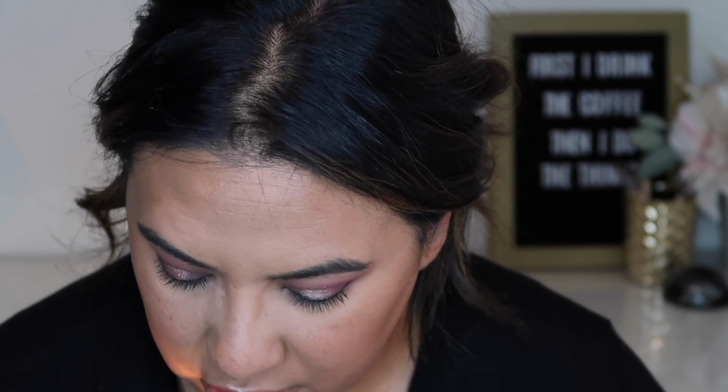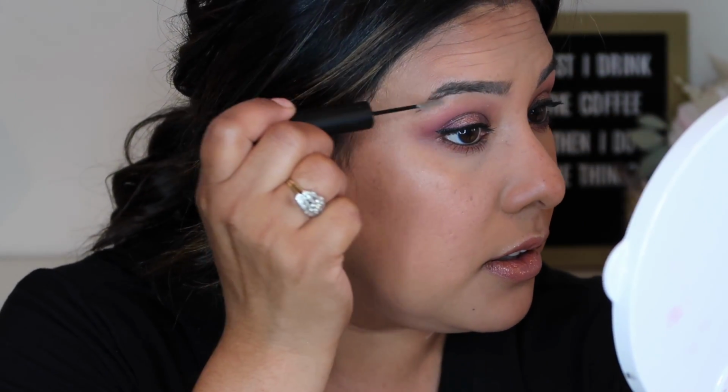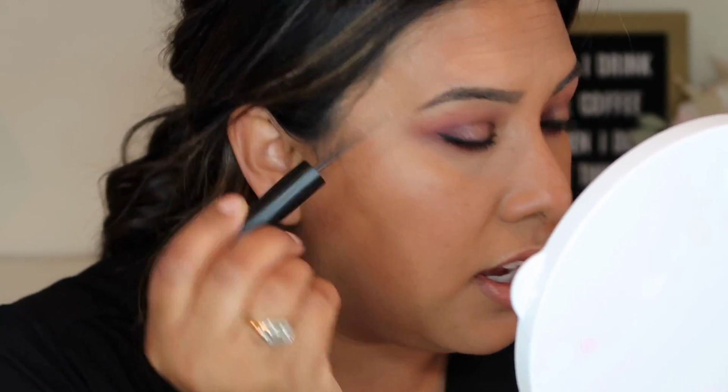I'm glad I don't want neutral because these eyes are popping. Okay, and then last but not least, should we attempt this brow thing? Let's just try it. Oh, it's totally blonde. I mean, it's not awful. I actually love